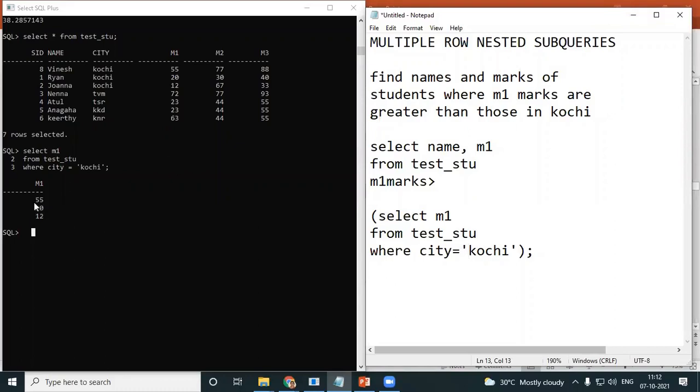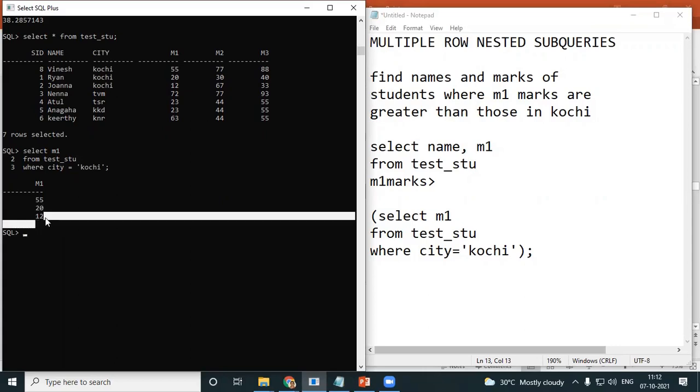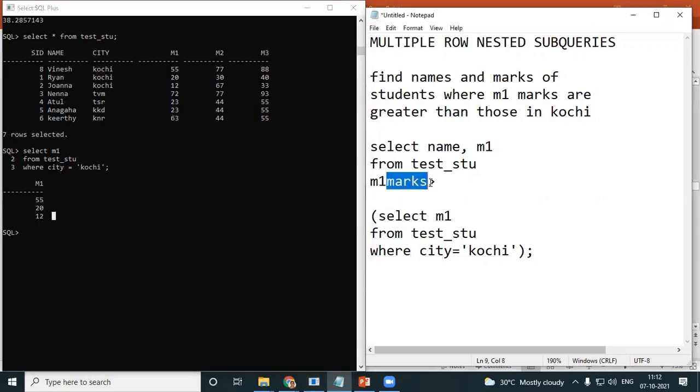Okay, so look here. These Kochi people have marks of 55, 20, and 12. So you have to find the students whose M1 is greater than any of these, or you can give greater than all if you want.